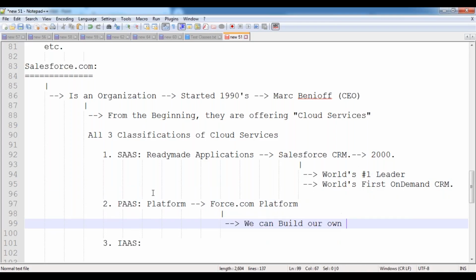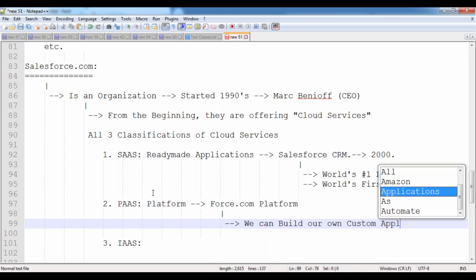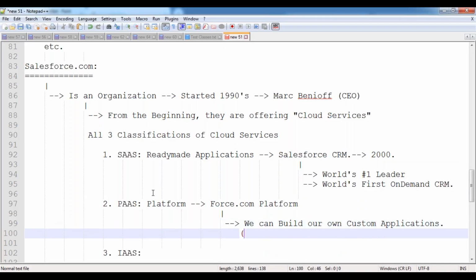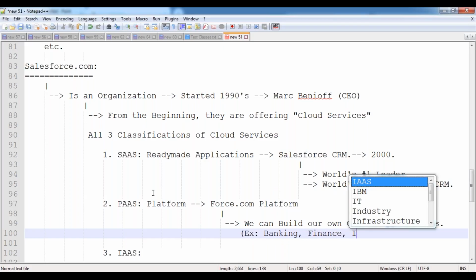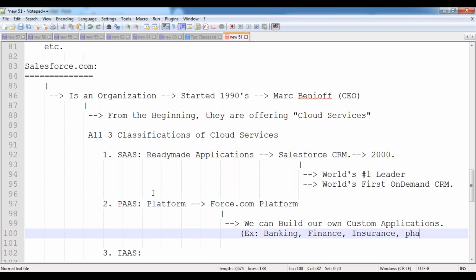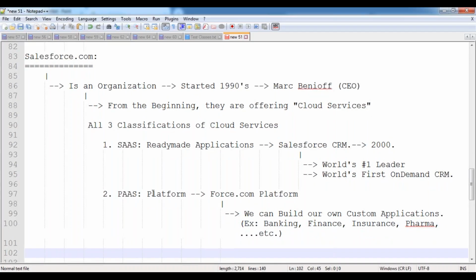We can build our own custom applications, for example banking, finance, insurance, pharma related, manufacturing. Any application you want, all kinds of applications we can develop. There is no limitation at all. Any kind of application we can build by using this Force.com platform.